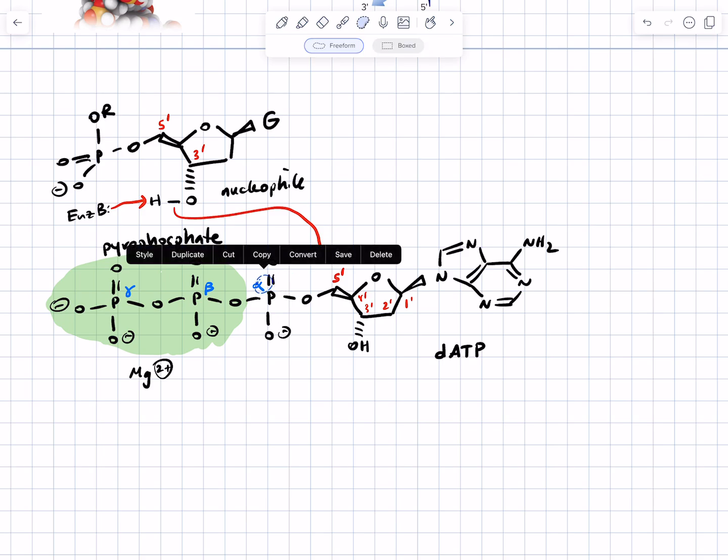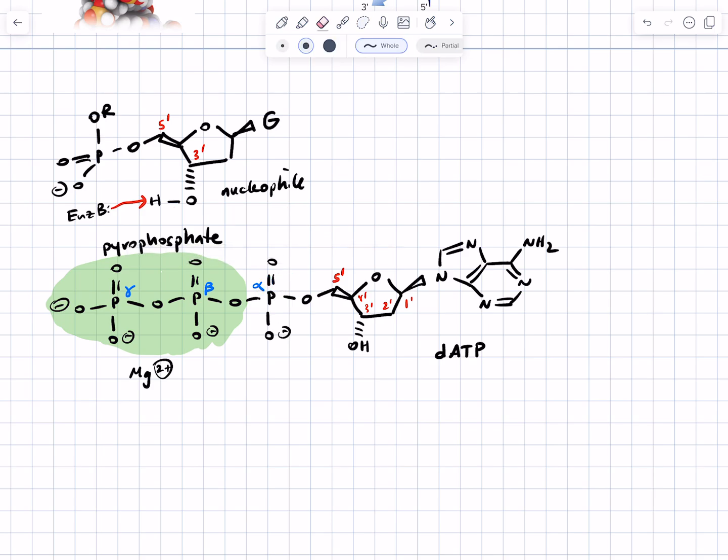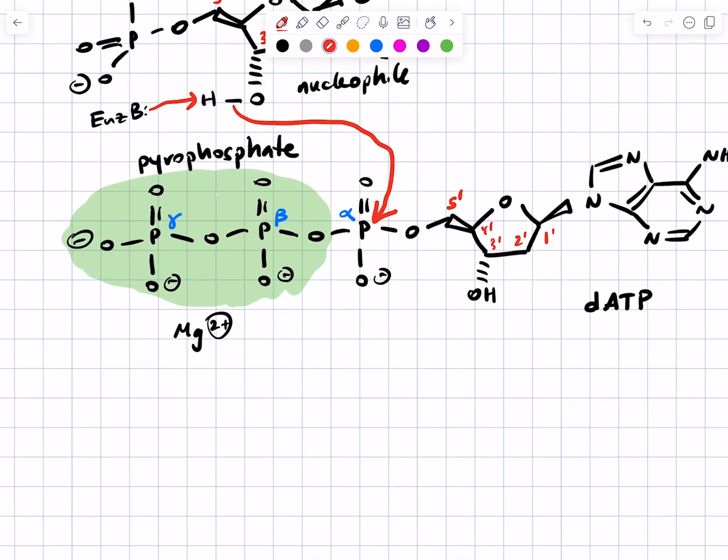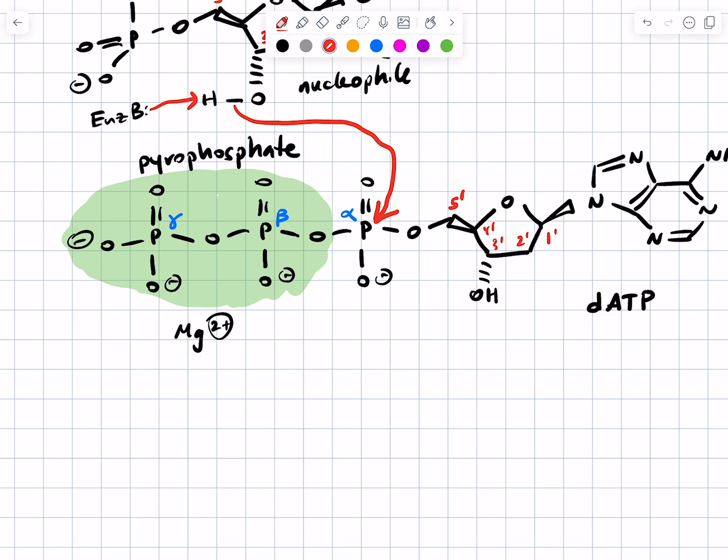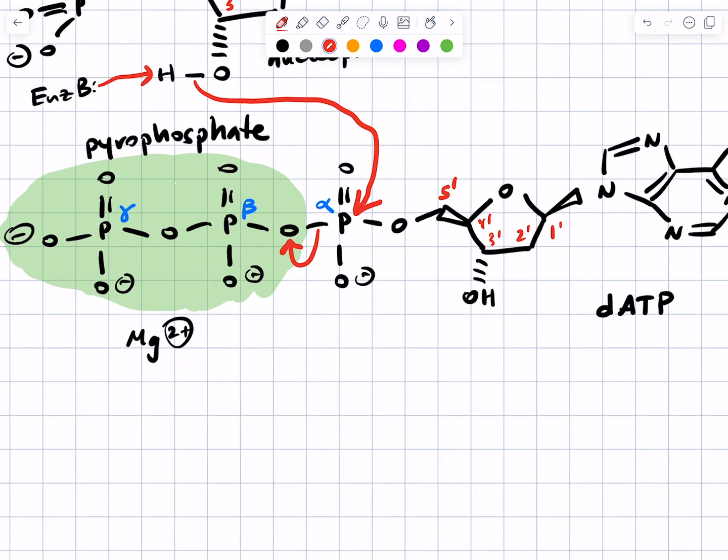There are a couple of ways you can show this mechanism, and the way to show it is going to depend on whether the person showing it to you is in a hurry. It'll depend on the textbook and the author. It's tempting to just show this mechanism as SN2: attack the phosphorus, pyrophosphate leaving group leaves. And that's what a lot of texts will show you. There's at least some evidence